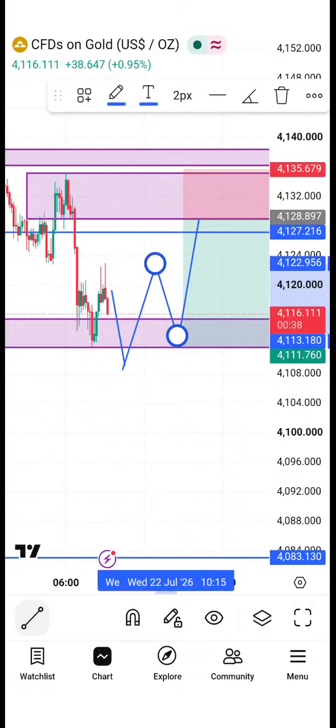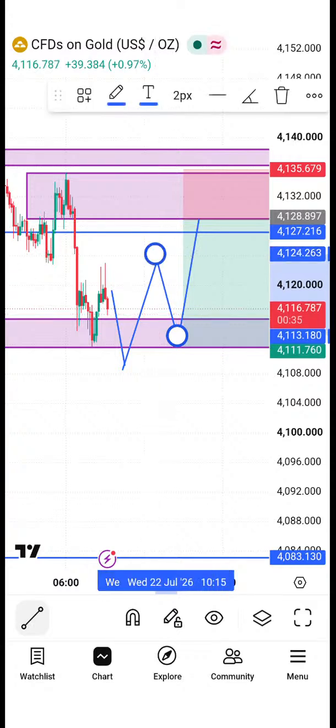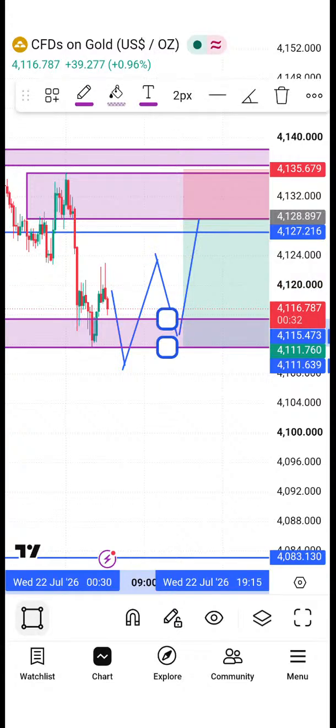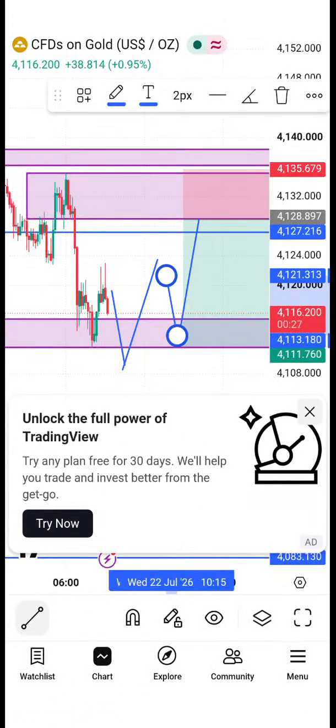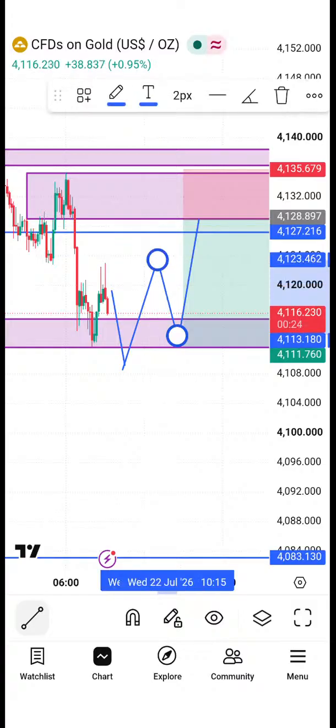I've just learned something, guys, that I was not aware of. Especially when you are taking a buy on a support level or a sell on a resistance, you should wait for a liquidity sweep around those areas, because if you take a buy or a sell early, it will take you out before it goes towards the right direction. So rather wait for liquidity sweep.